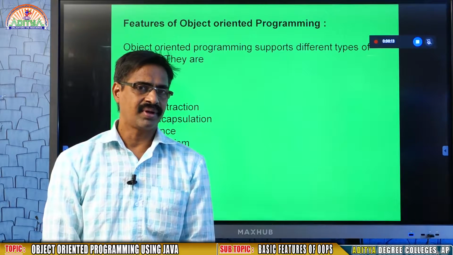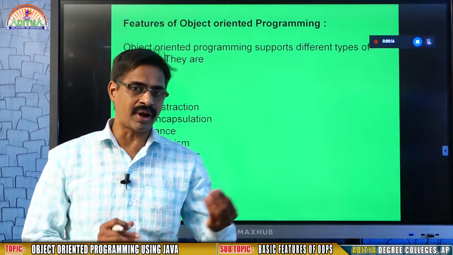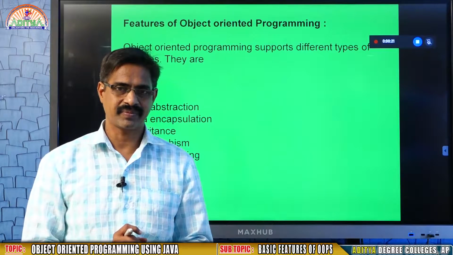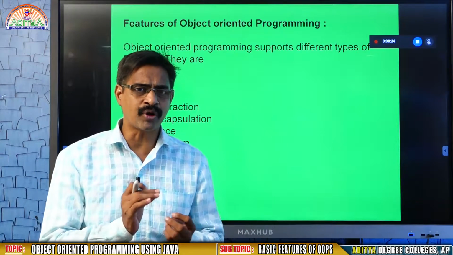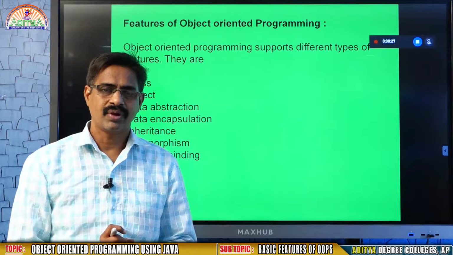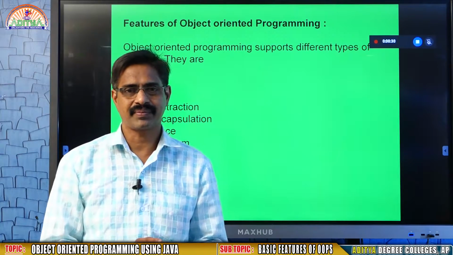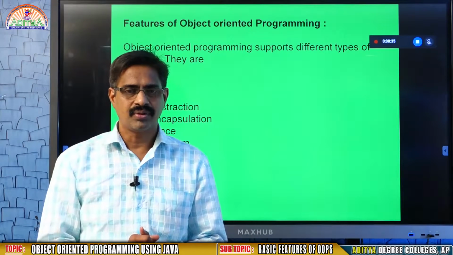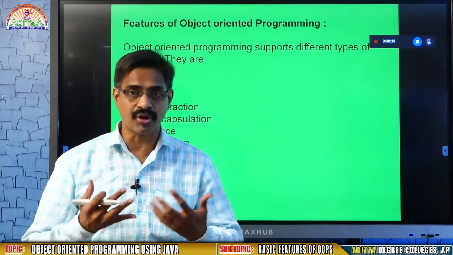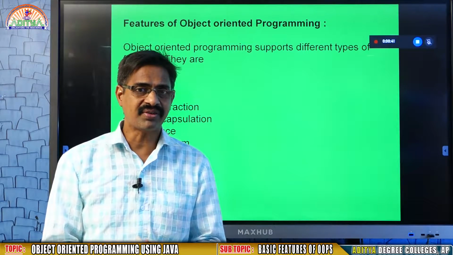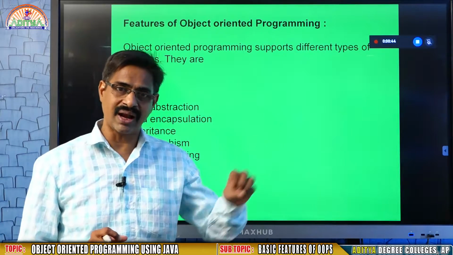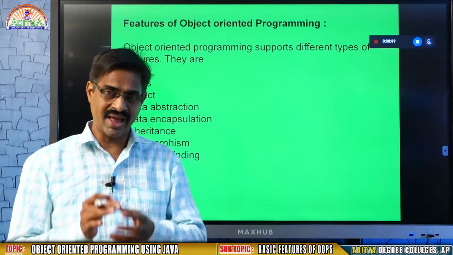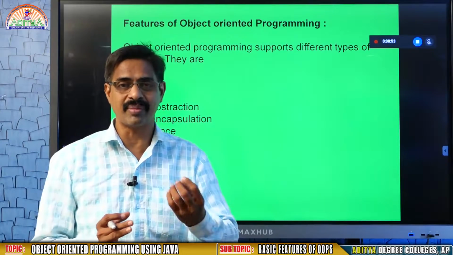In the last section, I explained Object-Oriented Programming and also the characteristics of Object-Oriented Programming. As you know, Java is an Object-Oriented Programming language in which we write programs using classes. From the classes we are going to create objects. With the help of the objects we are going to perform processing. That means finally we write a Java program using classes. To run your program we are creating objects. With the help of the objects we are going to use instance variables and methods.